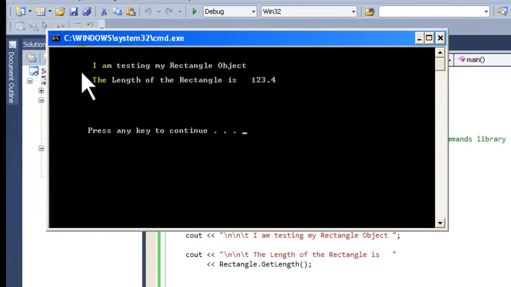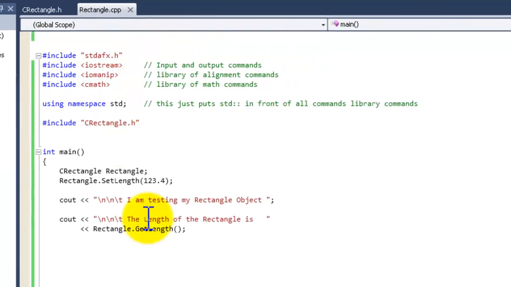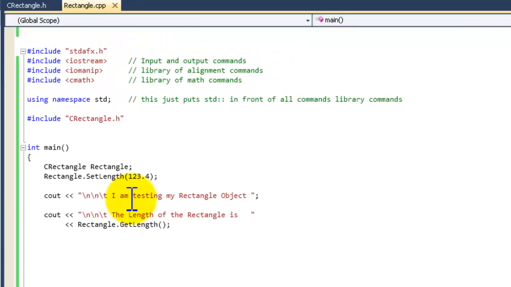Okay, so you see now they're properly indented, and it says I am testing my rectangle object. The length of the rectangle is 123.4. So the length is correct. Now let's go ahead and check for the perimeter, area, and the diagonal, but first let's check for the width. So we're going to do double quotes, \n, \t, the width of the rectangle is,